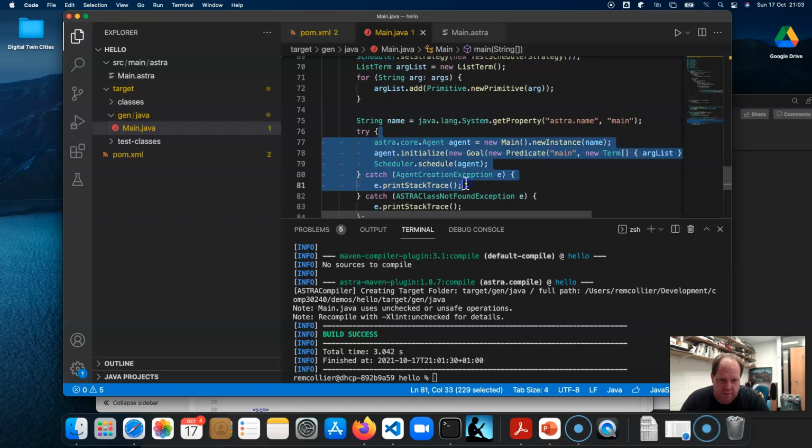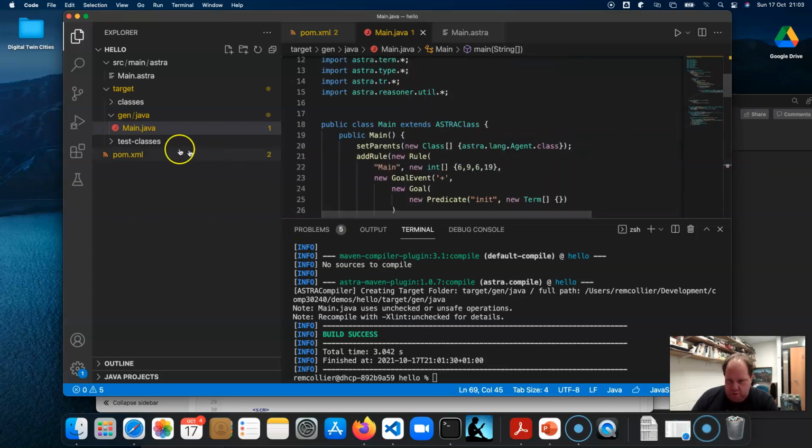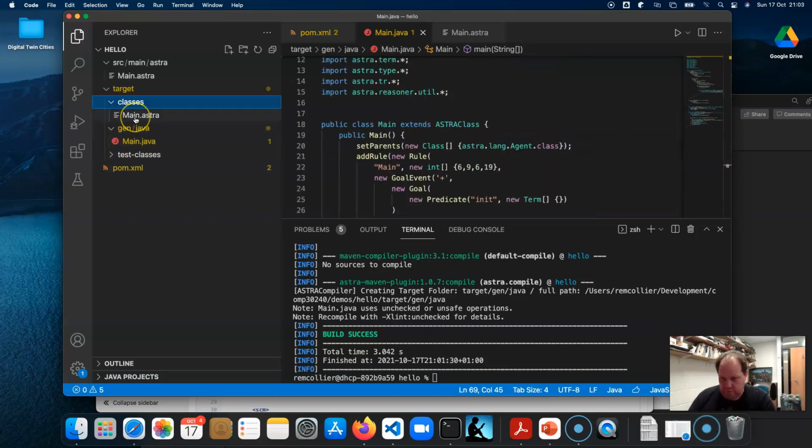So those 3 lines of code there are what run an agent. You create an agent, you initialize it, and you schedule it to run. You need one more line, which is this line here, to set up the scheduler. Okay? So this is the whole source code that's generated, and then if you look in the classes folder,